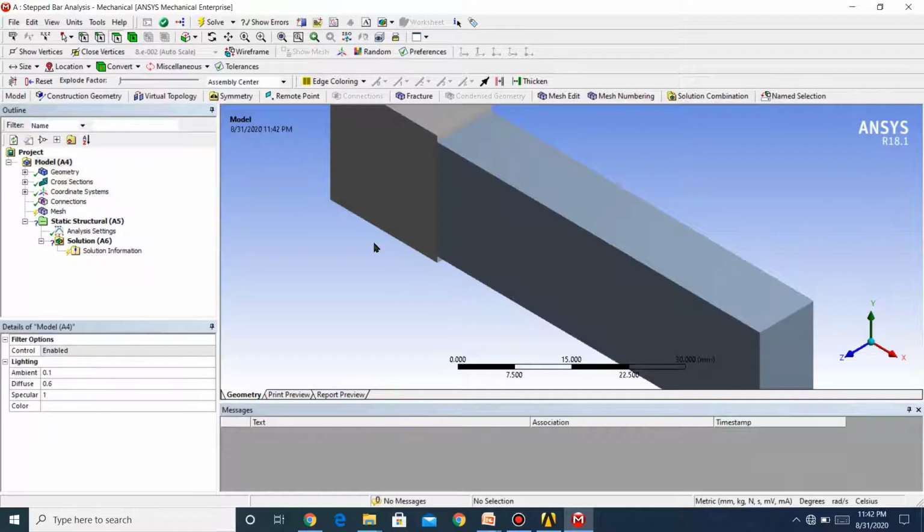Then now we want to apply the material on the first step and again on the second step.